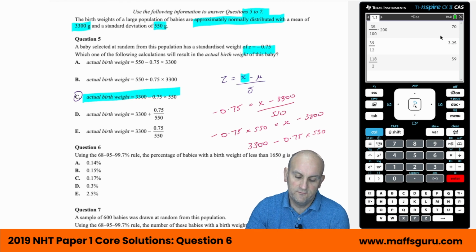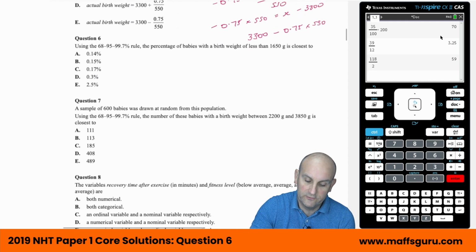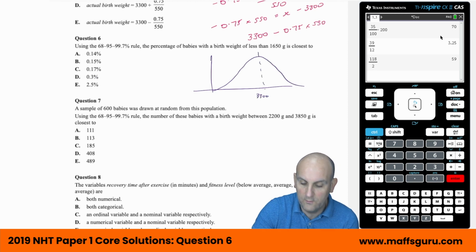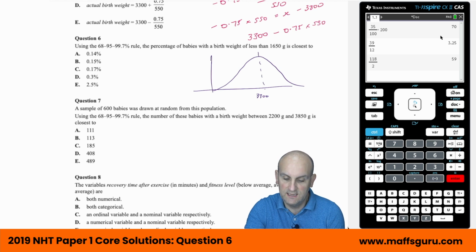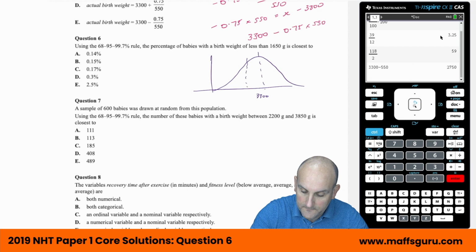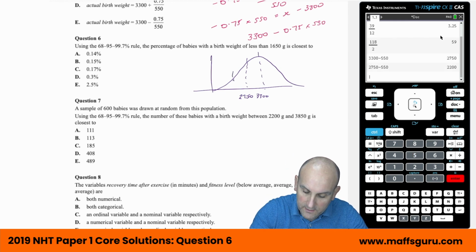Using the 68, 95, 99.7 rule, the percentage of babies with a birth weight of less than 1,650 grams is going to be closest to. All right, again, I got tricked on this question or a previous question in a different exam because my diagram just simply wasn't big enough. So we know that's 3300, and I'm going to keep adding on 550 or taking away 550. Right, so 3300 minus 550, and what are we going to get there? 2750. I'm going to take away 550, and that's going to give me 2,200. So my next one is 2,200, and my next one is going to be